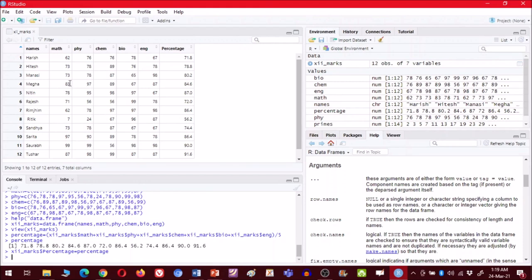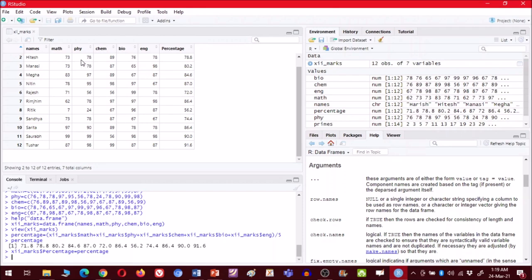So the mean of all the scores in maths, mean in physics, mean in chemistry, mean in bio, which is the average marks in mathematics by a student, average marks in physics, average marks in chemistry, so that we can compare them. How students have performed in mathematics, how students have performed in physics. So we want to compare them, in which subject they have fared well overall, and in which subject their overall score is slightly less.